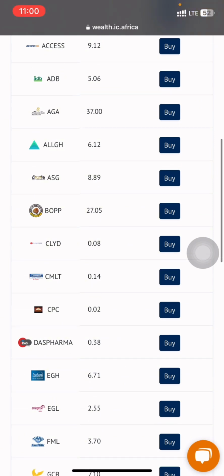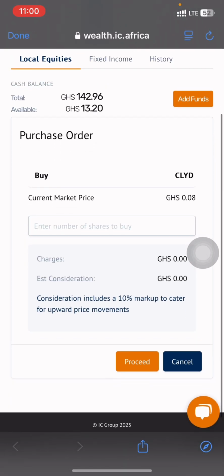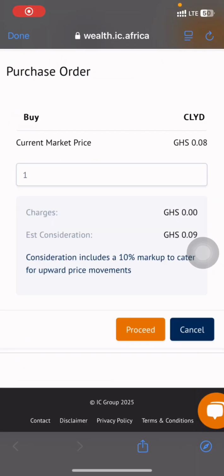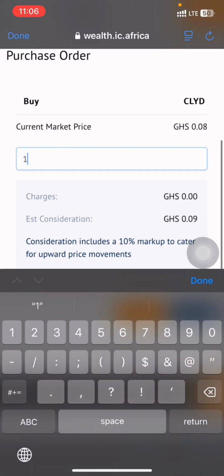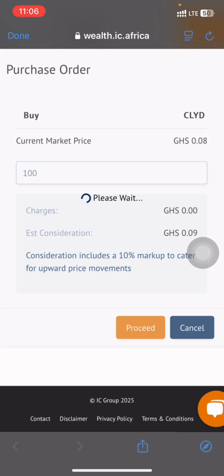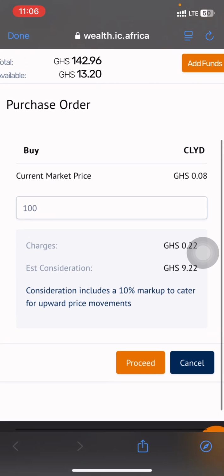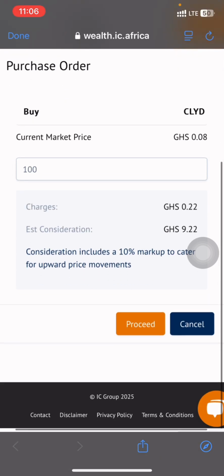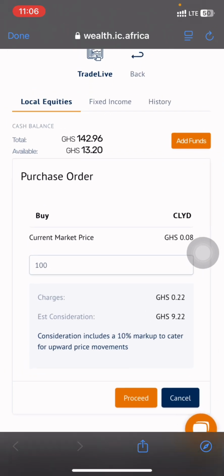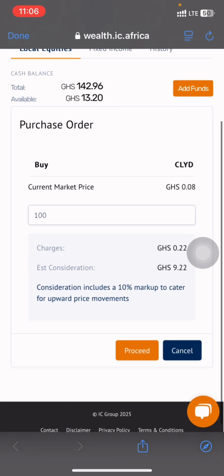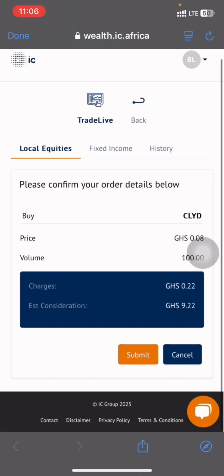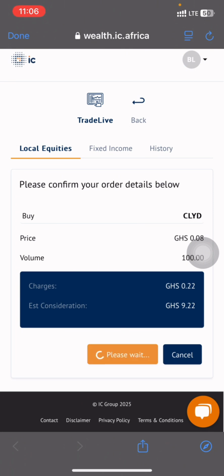So all you want to do is click on buy. It takes you to the purchase order page. Now you want to enter the number of shares you want to buy. So I'll just go with, let's say, 100, and 100 will give me an amount of 9 cedis 22 pesewas. So 100 shares of Clydestone is 9 cedis 22 pesewas, at its current price of 0.08 Ghana cedis. The next thing you want to do is click on proceed, and then it takes you to the confirmation page. Click on submit,